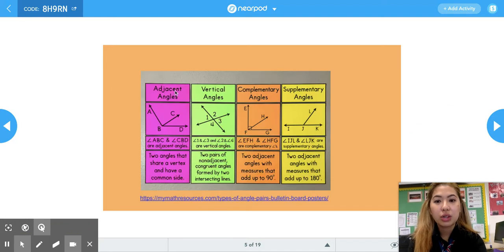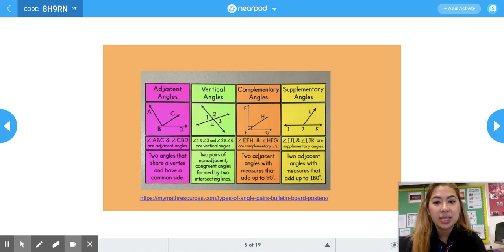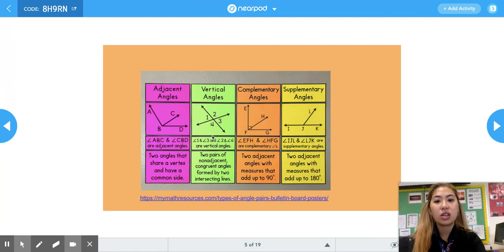So a few vocab words to go over are the words adjacent angles. Adjacent angles are angles that have a common side. So as you can see, this side BC is a common side, and they share a vertex, which is point B. Vertical angles are angles that are across from each other,